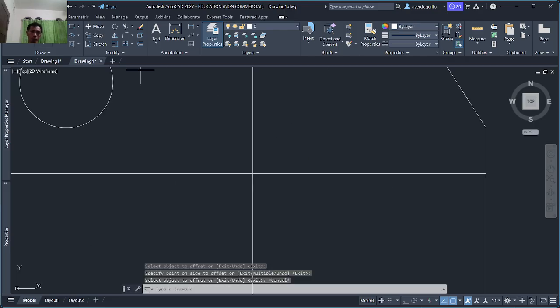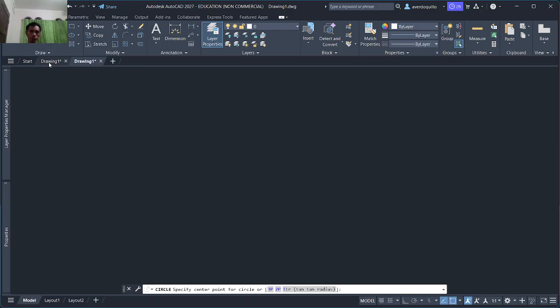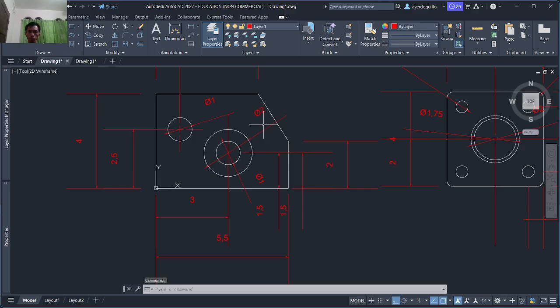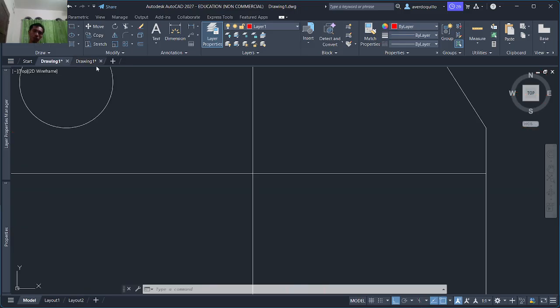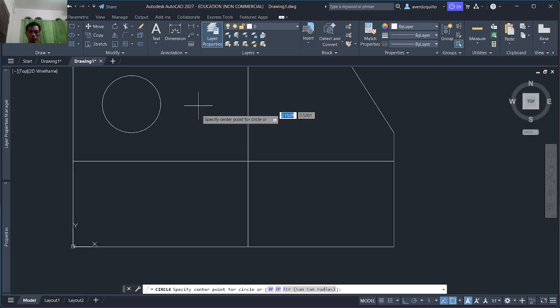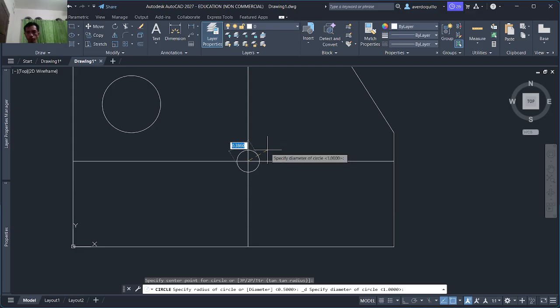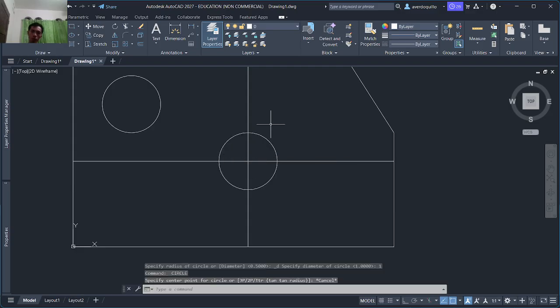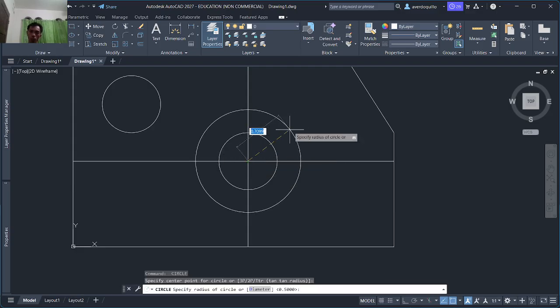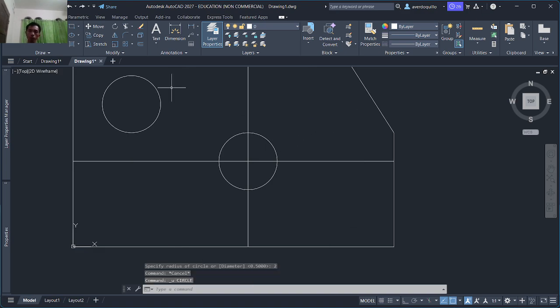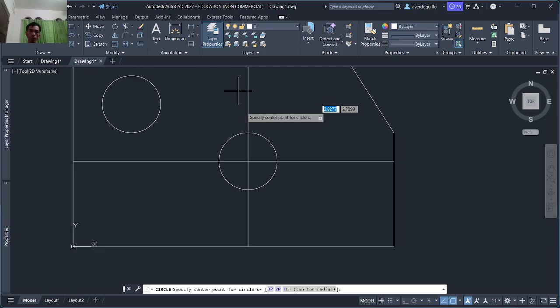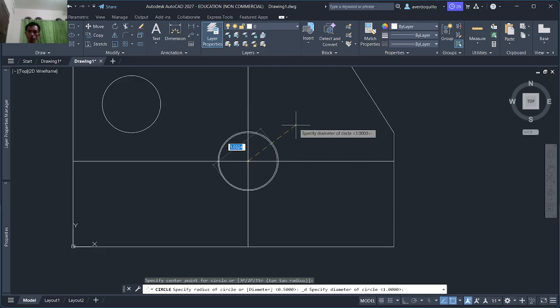Another circle here is diameter 1 and 2, so the inner circle is 1, then space bar, and then Control Z. Two.